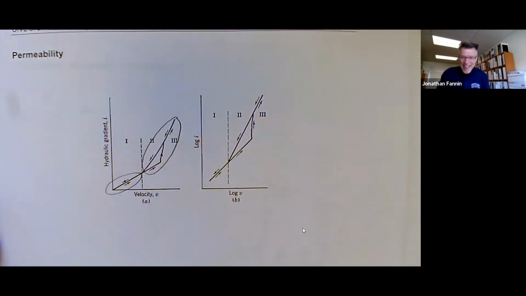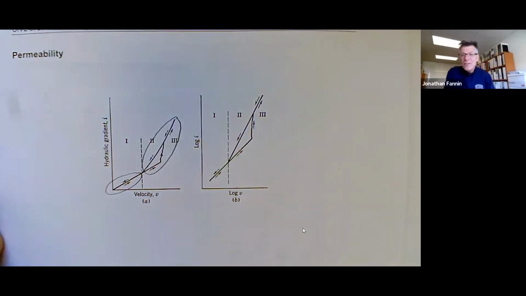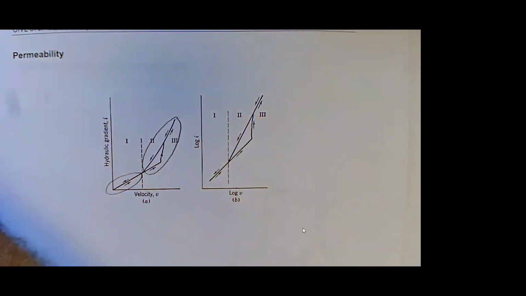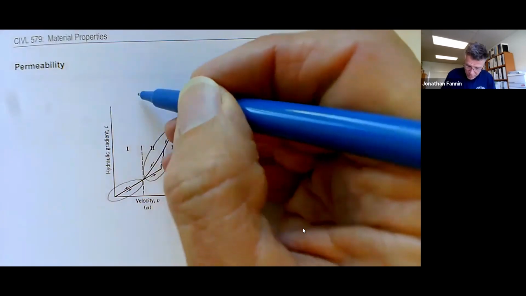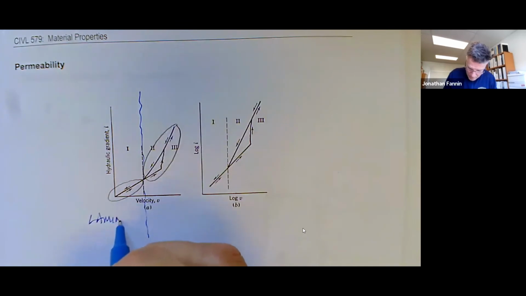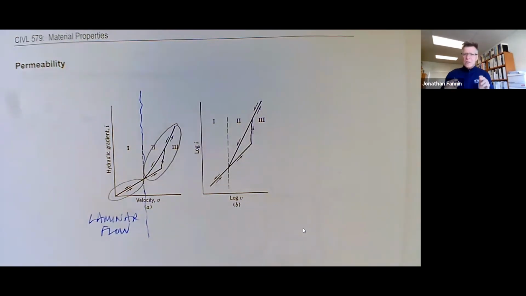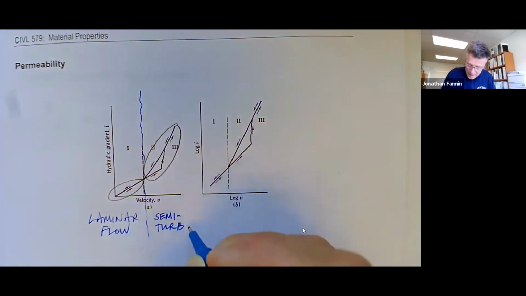No takers? Going once, going twice? Is it, if I could take a guess? Yes, please do, Alex. Laminar flow versus turbulent flow? Yes, indeed. We're making a distinction here between a flow regime that is laminar and a flow regime that is turbulent, or we might make a distinction, Alex, between semi-turbulent as opposed to fully turbulent. So I'm going to qualify it just a little bit further by saying semi-turbulent. And thank you, Alex, for popping in there with that.